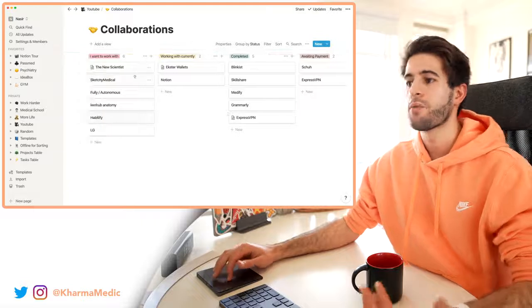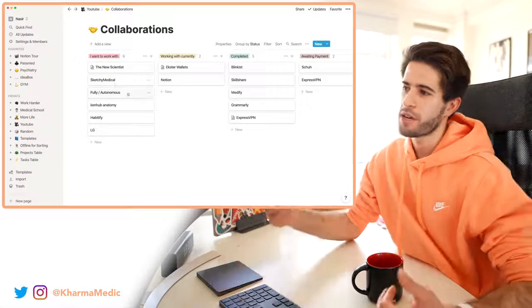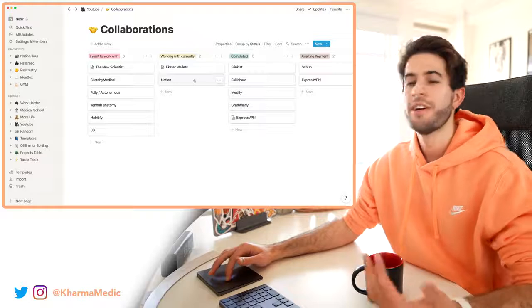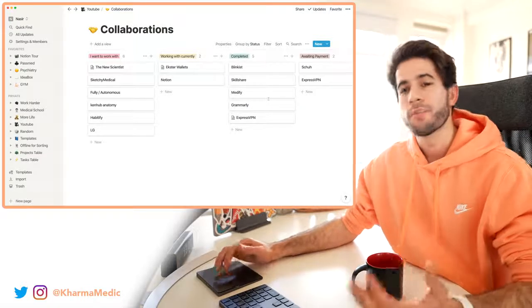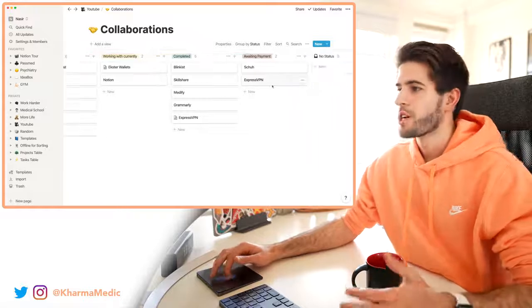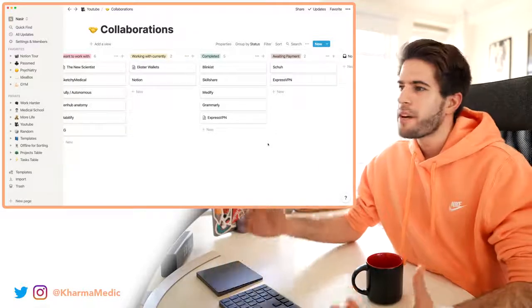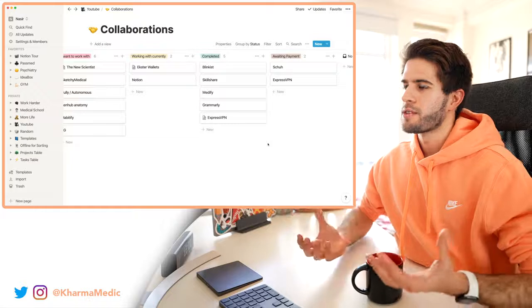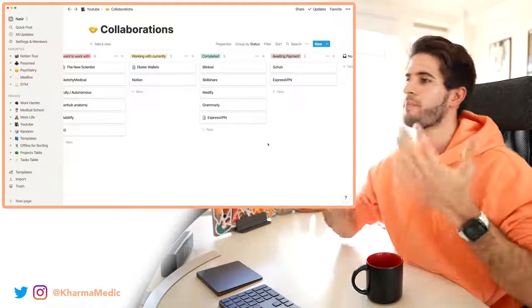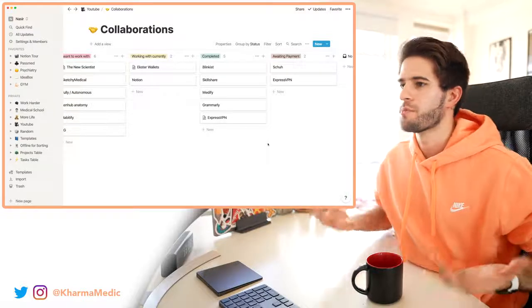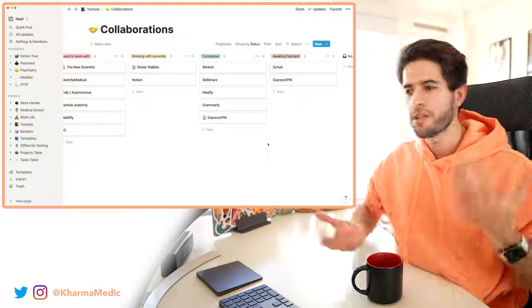I've got companies that I want to work with, people that I'm either talking to, working with currently over here, Notion as an example. And then here I've got companies that I have worked with in the past and I've completed sponsorships with them, ones for which I'm awaiting payment from. And so again, without a Kanban board like this to easily organize in my head who I've worked with, who I'm waiting for payment from, who I've completed sponsorships with, it honestly just becomes so muddled and complicated